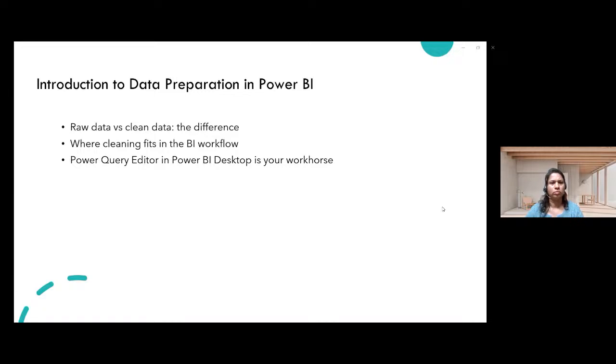file, databases, APIs, or even manual entries. So this data often contains duplicates, missing values, inconsistent formats, or unnecessary columns as well. Clean data, on the other side, is well organized, accurate, and ready for analysis. So it's the version of your data that you can confidently use for building reports as well as the